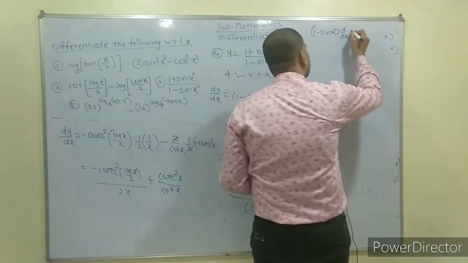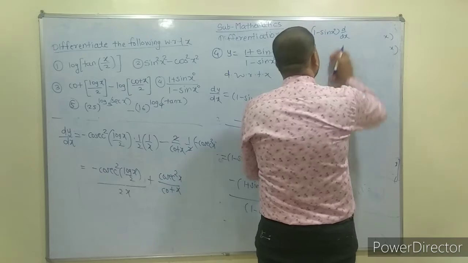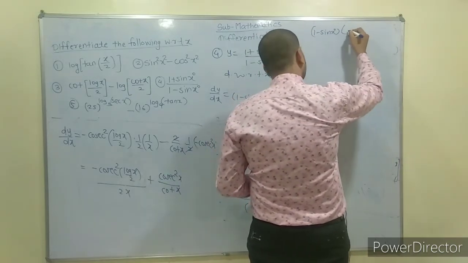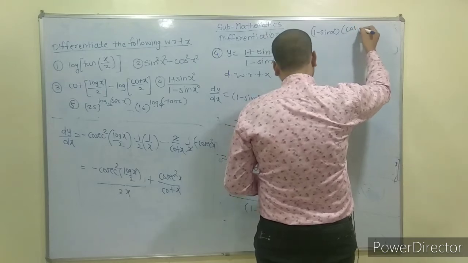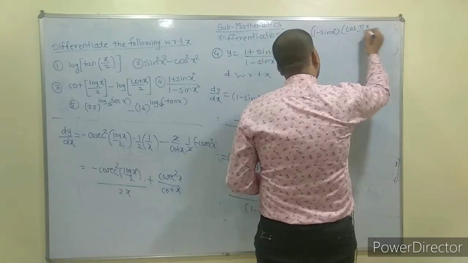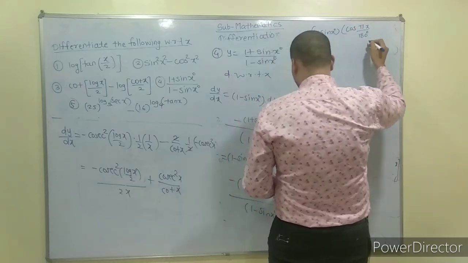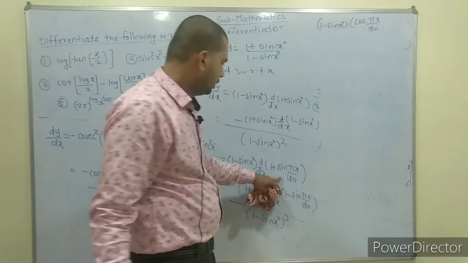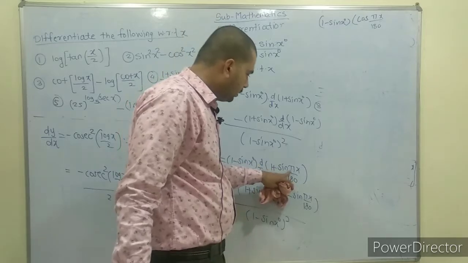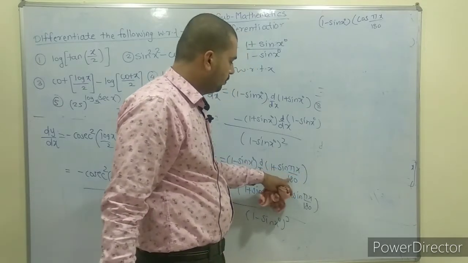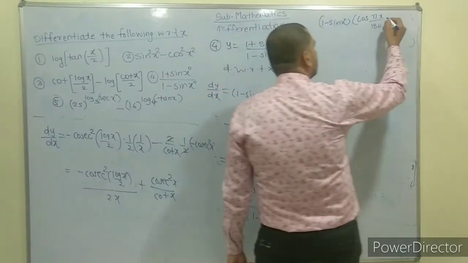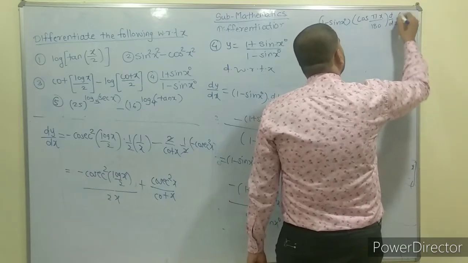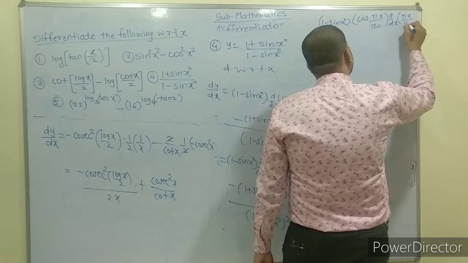So directly I am writing the derivative: 0 plus cos pi x upon 180 into d by dx of pi x upon 180,